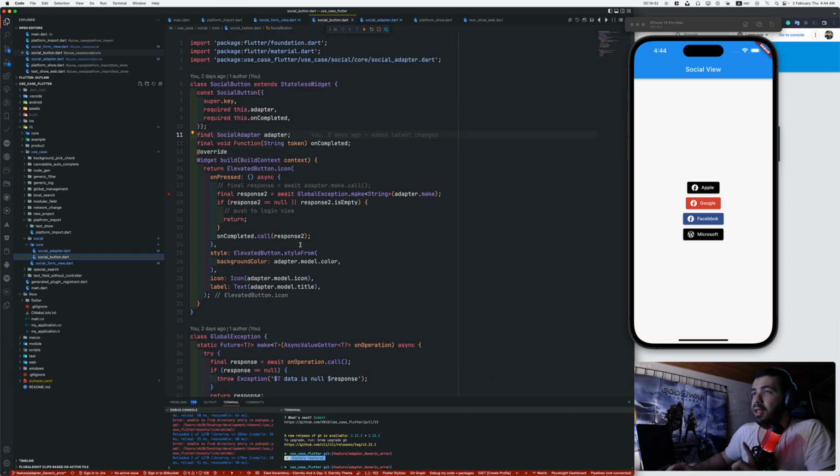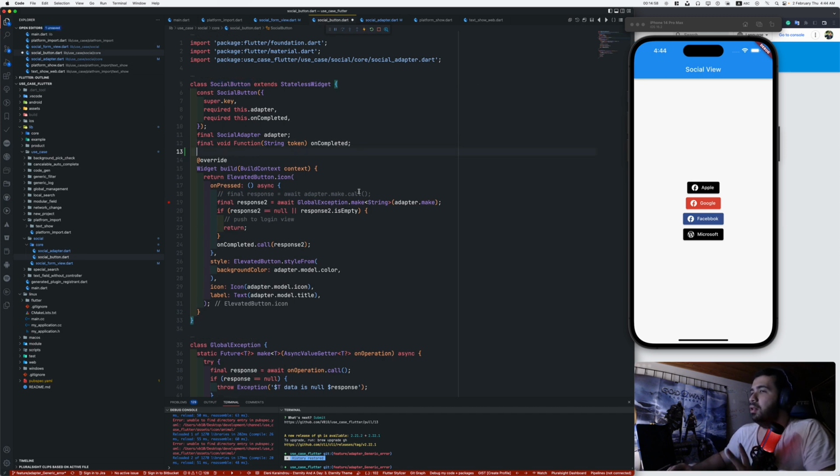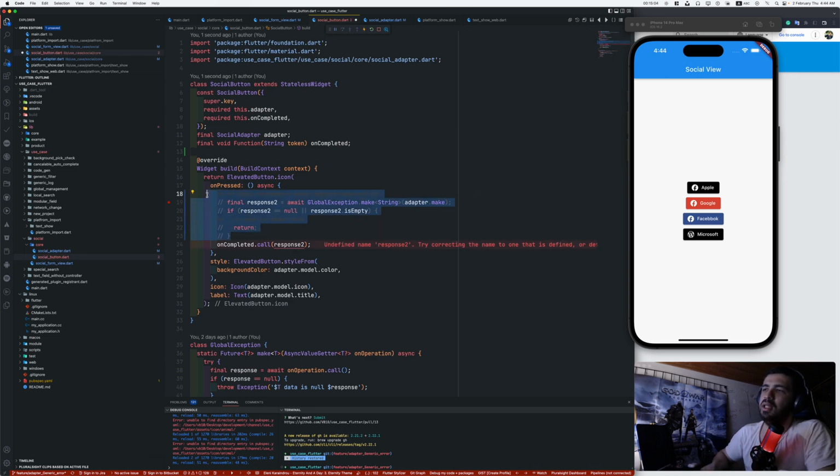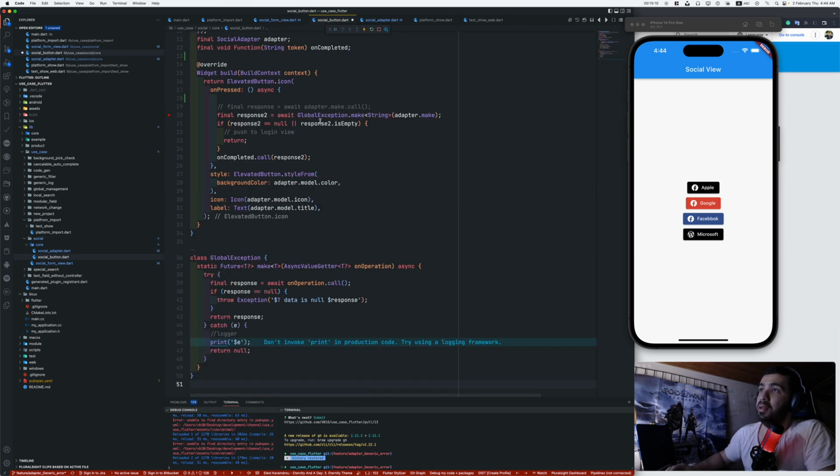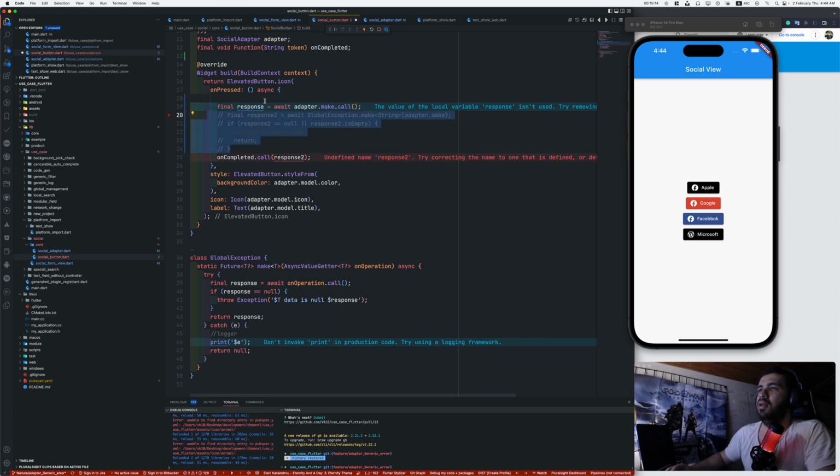And lastly, as you can see, we have the social button. This is okay. You can see we are just calling the adapter's make call. I think it's enough normally. We just call this logic in my button. If everything is okay,